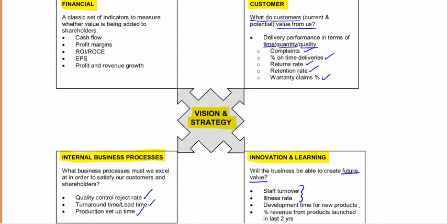We could look at a few classic things like the development time for new products, percentage of revenue that comes from products launched in the last couple of years. That will give you an idea of whether you're keeping the momentum going with regards to developing new products. So the Balanced Scorecard does provide a pretty robust framework within which an organisation can monitor all key aspects of